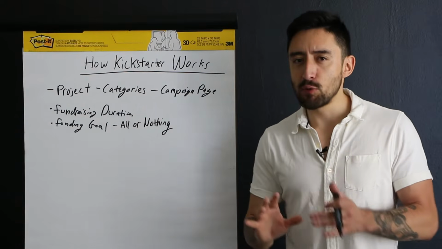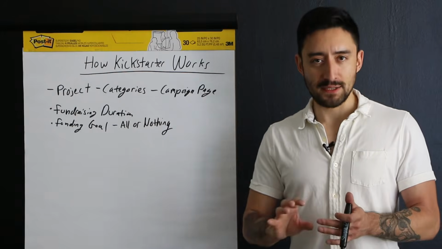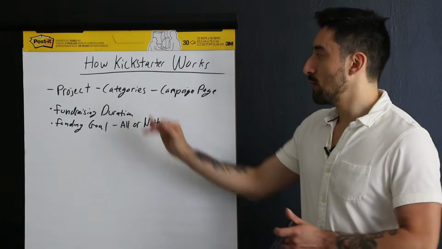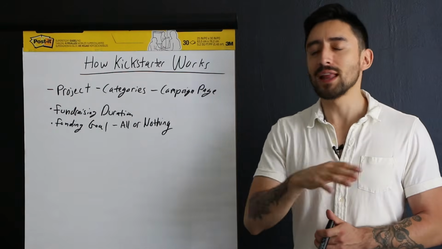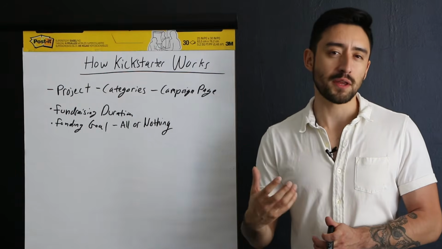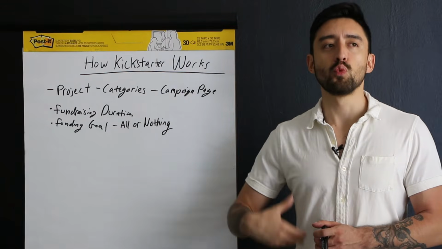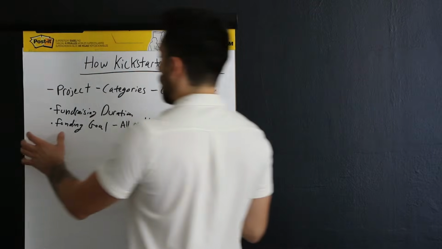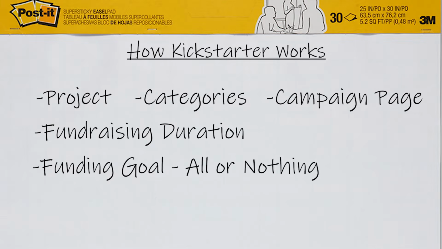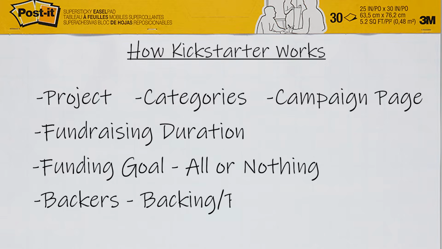So by this point in the video, you should be beginning to get a sense of how Kickstarter works when it comes to funding goal, duration, categories, project, and what you need. Now, there's a lot more that goes behind this, but one of the other quick things I want to talk about is fees, and also why people support these campaigns. First of all, we call people who support campaigns backers, okay? And the action that they're doing is backing a project. This is also known as pledging, okay?